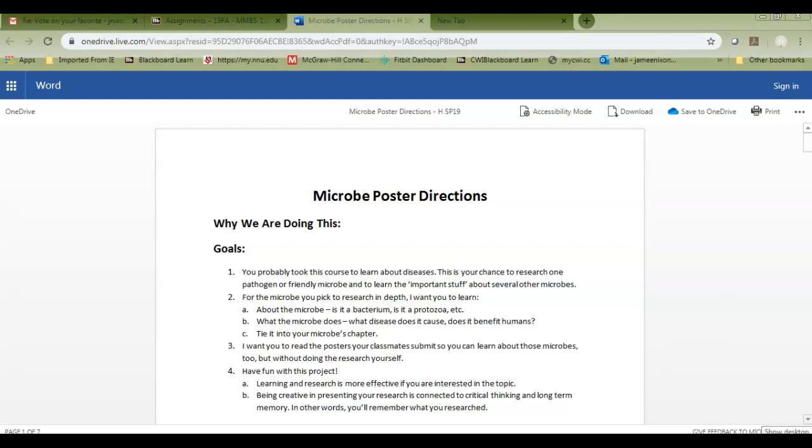Here is an overview of the microbe poster activity that you all are going to work through over the course of the semester. And the goals are listed here. Why are we doing this? Part of it is because you are taking this class in part to learn about diseases. A lot of the material that we're going to go over in the lab is really just basic foundation microbiology. And so with this poster project, you get a chance to research one of the pathogens or friendly microbes